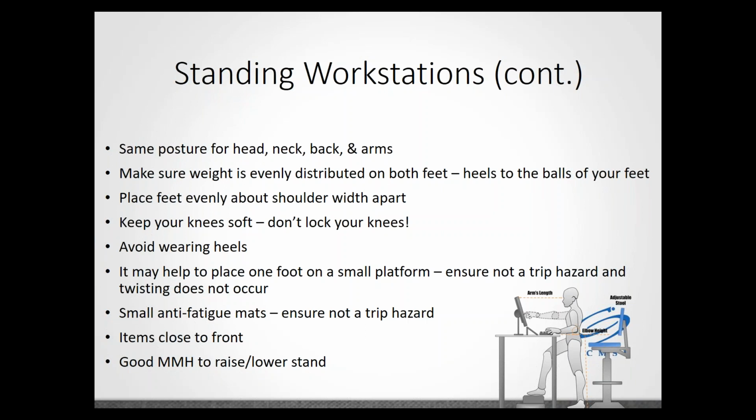Also keep in mind, keep your knees soft. Don't lock your knees stiff. Avoid wearing heels when you have to stand. Sometimes it can help to place a foot on a small platform. And what that does is it helps to move our pelvis, rotate, and take some of the pressure off our low back. Just make sure that that small platform isn't a trip hazard